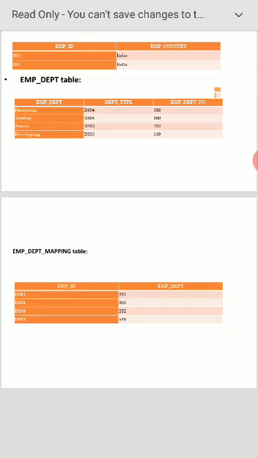In any table, according to your requirements, you have to decide which is a super key, which is a primary key, which is the candidate key, and so on. Once you select the super key, then you have to select the primary key. After selecting the super key as well as the primary key, all other fields are candidate keys.